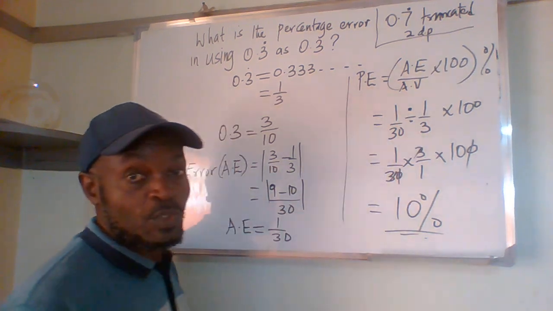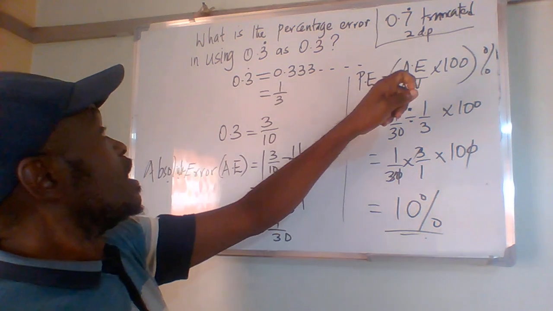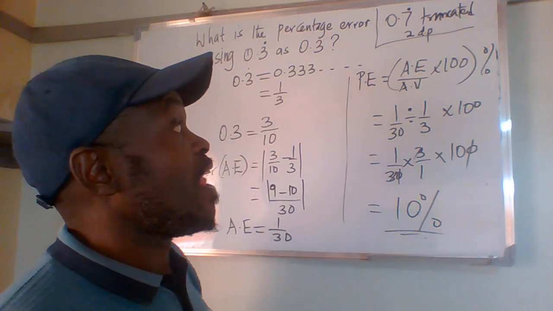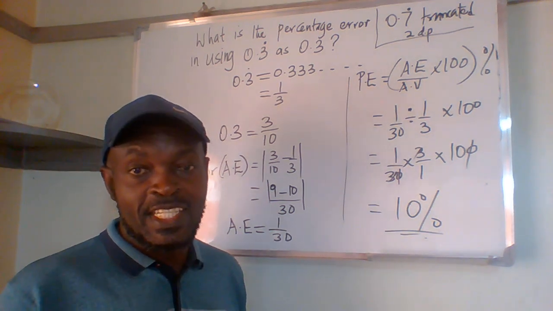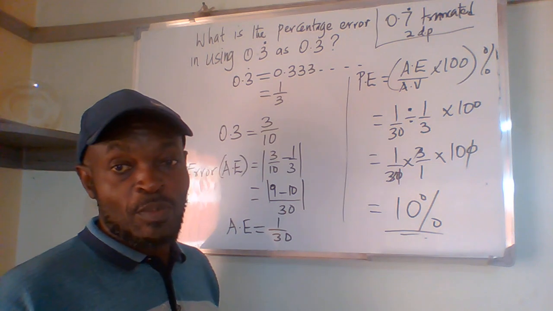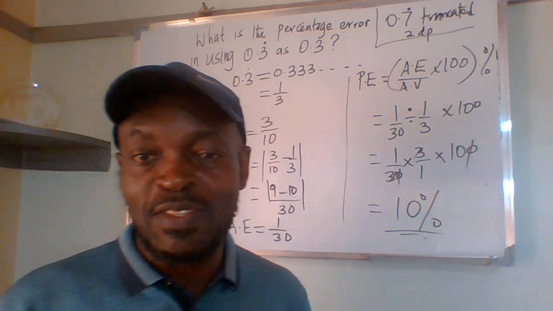When truncated to 2 decimal places, what is the percentage error in using 0.7 recurring? Please let's engage in the comment section by giving me your answer,